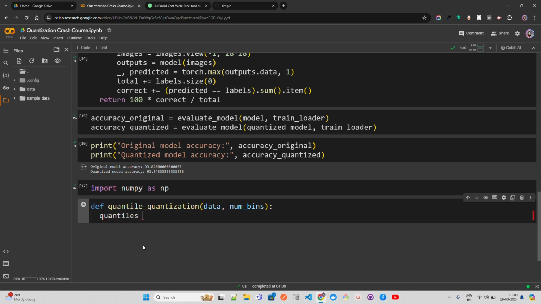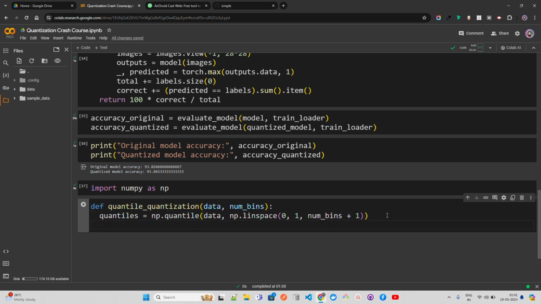So you're going to have different bins that you are having for the quantiles. I'm going to have np dot. So numpy has a module called quantile, and you can see it over here. It takes data. I'm going to have a linear space, and then pass. I think this is making sense to me. I'll just keep it as it is.